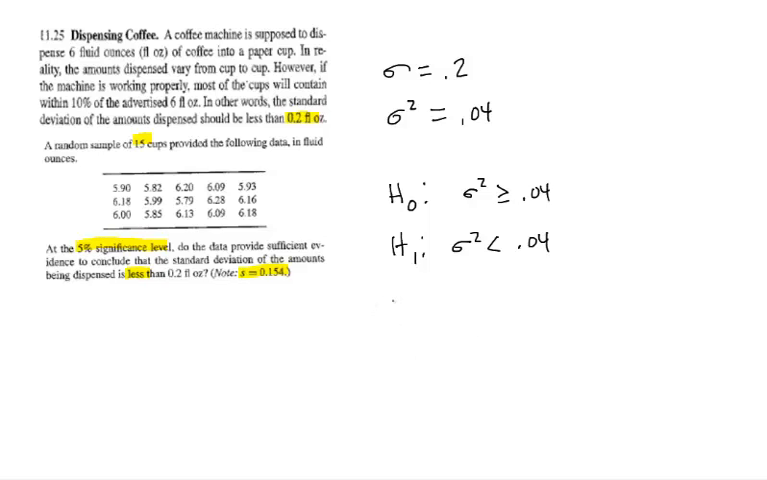And when we're doing a test for one variance, we're using the chi-squared distribution. And now we want to find our critical value. And we're doing a left-tailed test. So we have chi-squared critical, and we're going to use the left side. And that's going to be equal to, and we go to our chart,